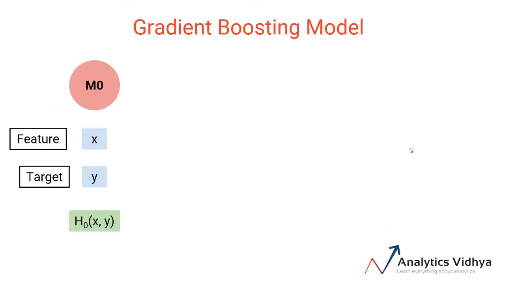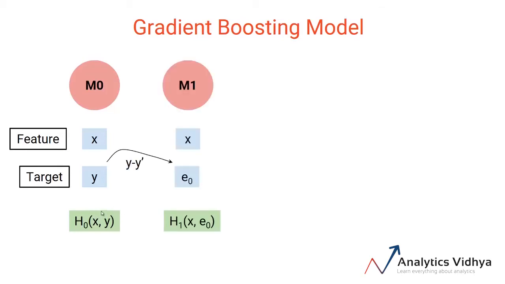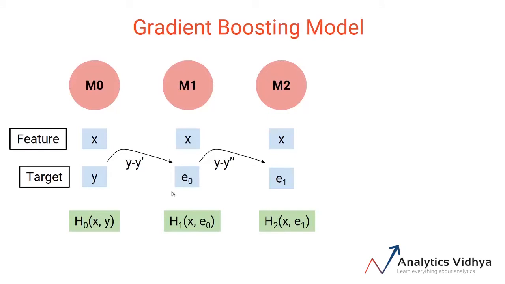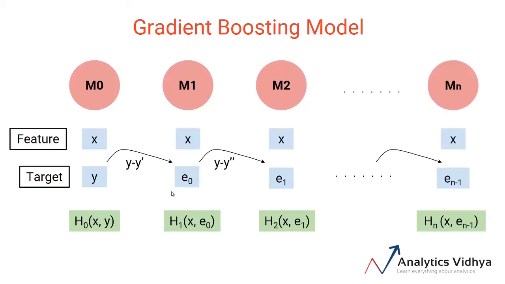In a nutshell, we built our first model that has features X, which was age and city in our example, and the target Y. Let's call this model H0, which is a function of X and Y. Then we build the next model on the errors of the last model, and a third model on the errors of the previous models, and so on, till let's say we build N models. Each successive model worked on the errors of all the previous models to try and identify any patterns in the error. Effectively, I can say that each of these models is an individual function having the independent variable X in all the cases, and the target is the error of the previous combined models.